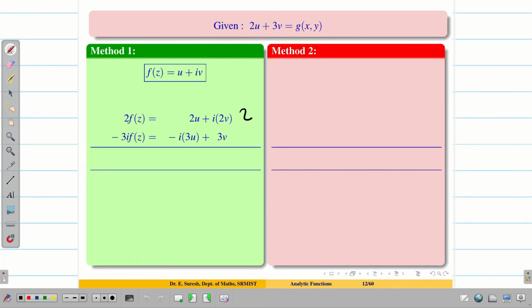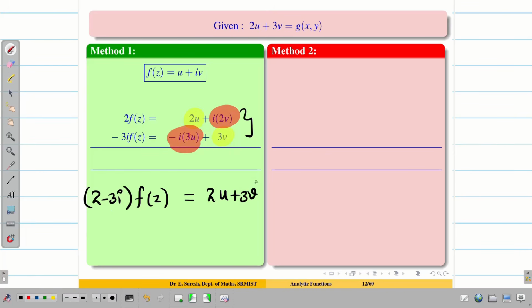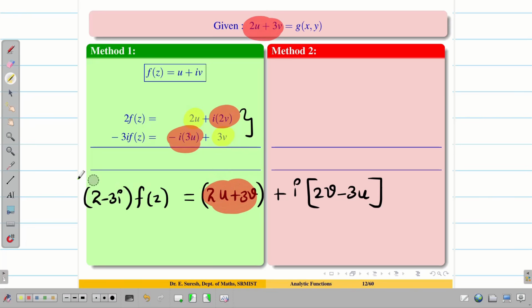Now just add these two equations. Since f of z is common on the left hand side, I will take it out. So we have 2 minus 3i into f of z. Here we have to club the real part and the imaginary part. So we get 2u plus 3v plus, I'll take this i in common, 2v minus 3u. Therefore, we understand that 2u plus 3v is the real part of the function 2 minus 3i into f of